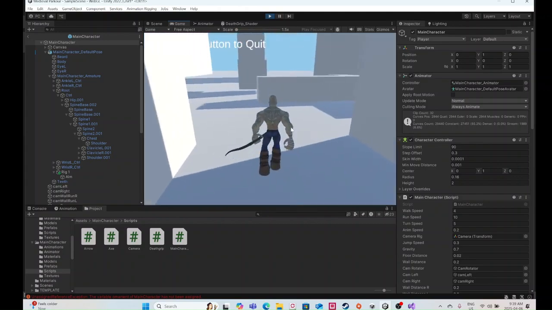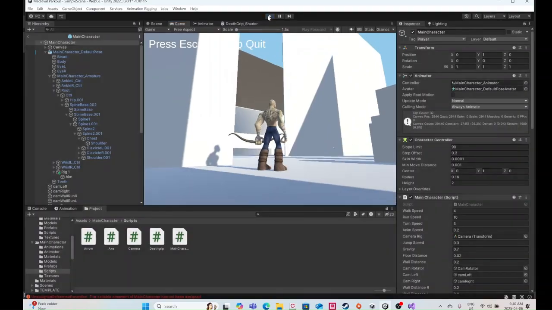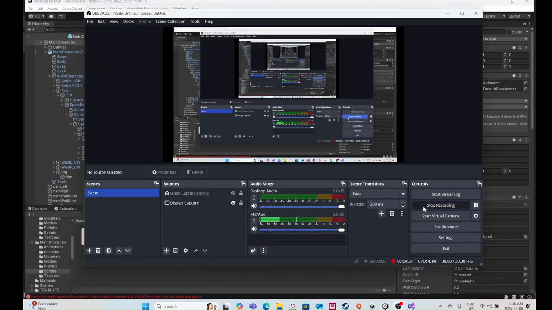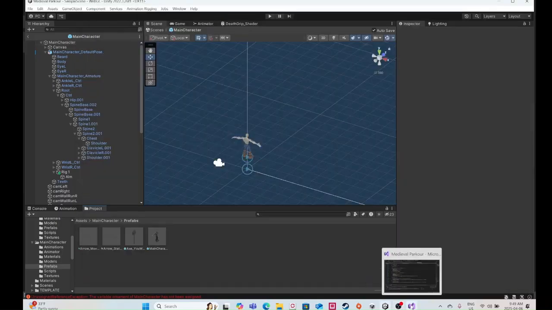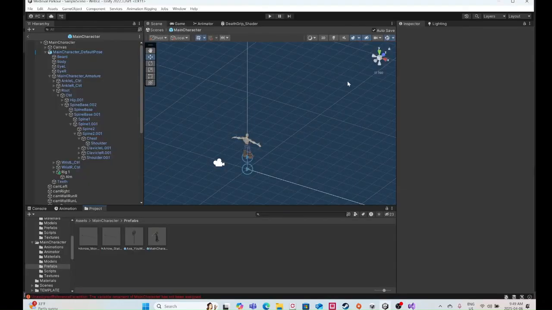Nope, it's not working. Okay, it's actually working now. The reason is because instead of setting the weights when the button is pressed, I'm going to put it under here: when is aiming bow is true, then the weight is 1. If is aiming bow is false, then the weight is 0. And the is aiming bow boolean is set to true if the button is pressed, and if it's released, then it's set to false. So if I go play,